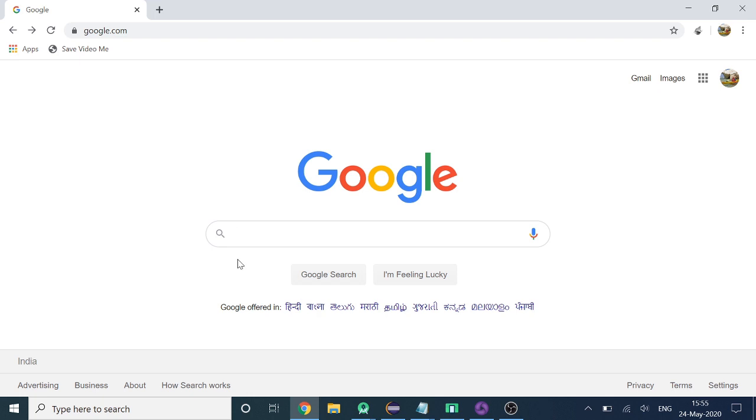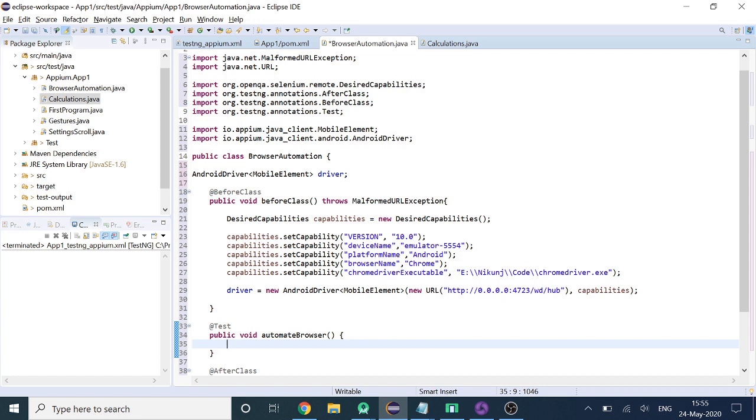The same thing we are going to do over here as well, because we have mentioned that we are automating the browser and we have also provided the Chrome driver. We have to write exactly the same code as we write in Selenium for web automation.